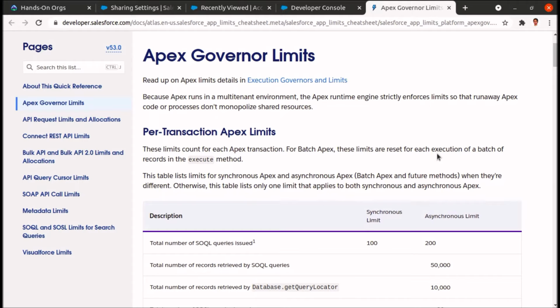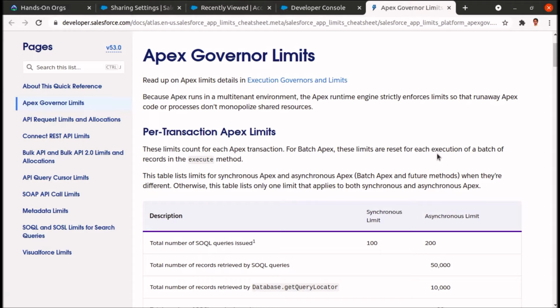Therefore it is important to ensure that our code is scalable and does not violate governor limits. These limits apply on a single transaction basis, a single transaction execution. We don't have to cross the governor limit, because after crossing it, the execution of our program will stop.